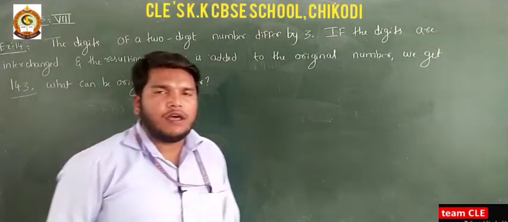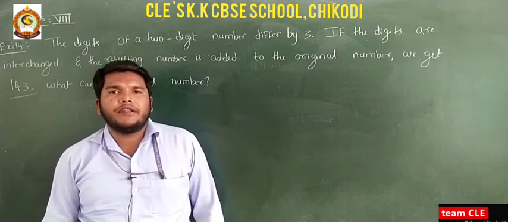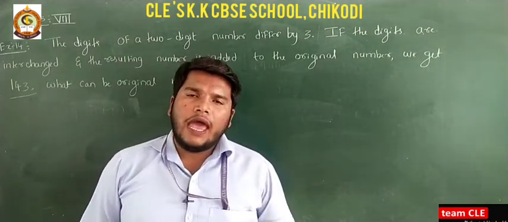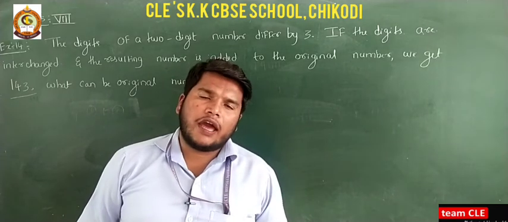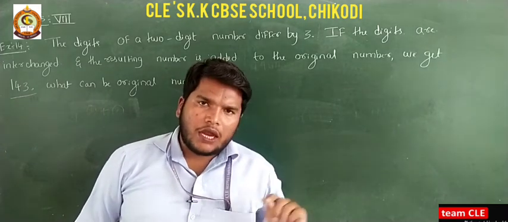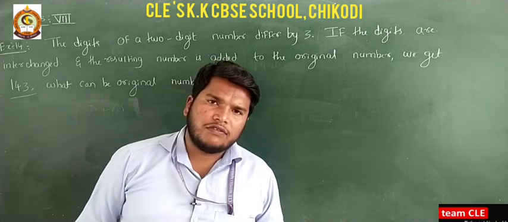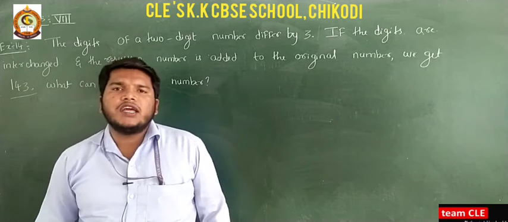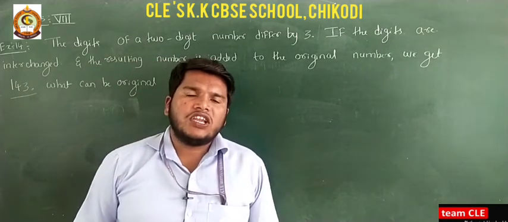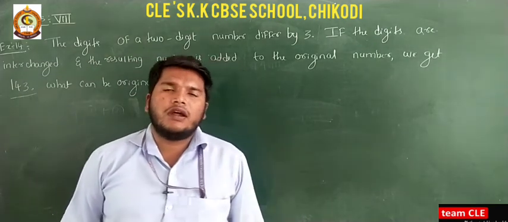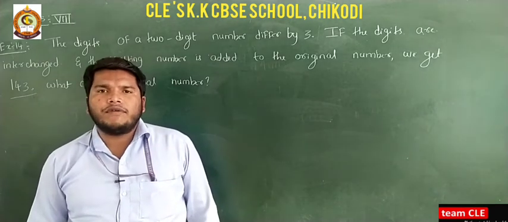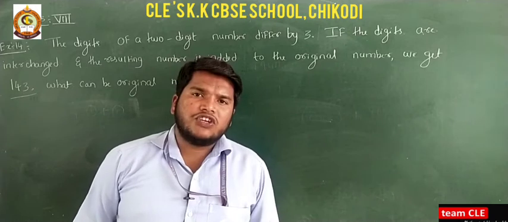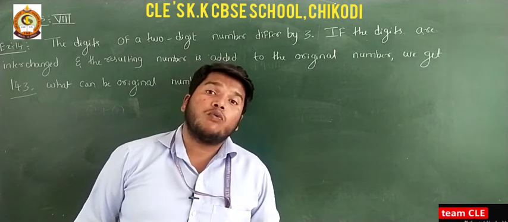So in the last class we started with exercise number 2.3. In exercise 2.3 we completed some of the examples, and some of the examples remain, which you should solve yourself. We also completed exercises 2.1 as well as 2.2. We started with linear equations in one variable, where we learned the transpose method and one more, the interchanging method, and we also learned some more word problems.